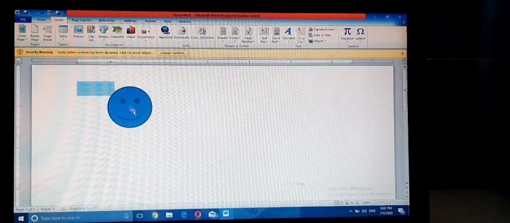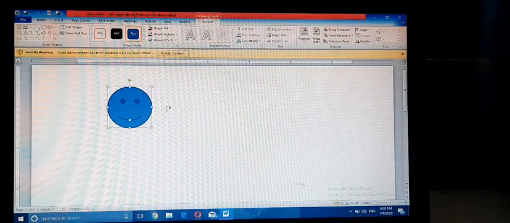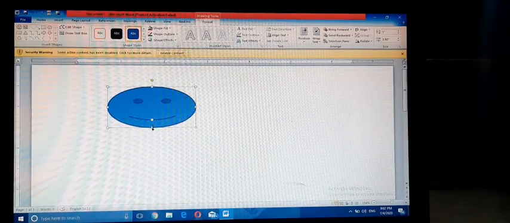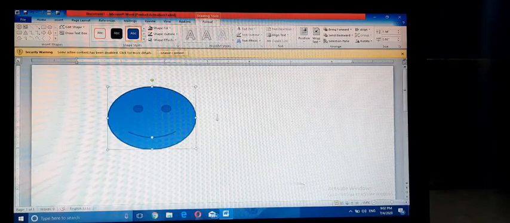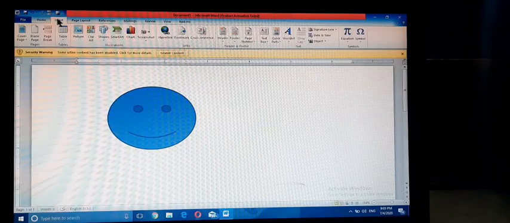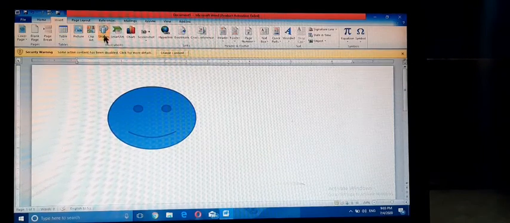then press okay. Notice a shape is being inserted in our document. In this way, we can insert clip art, chart, smart art.